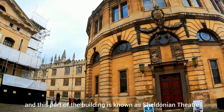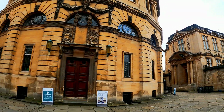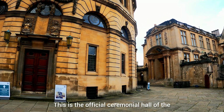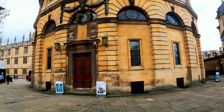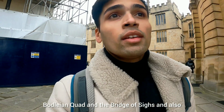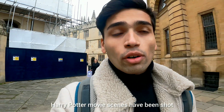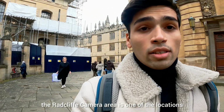And this part of the building is known as Sheldonian Theatre. It is the official ceremonial hall of the University of Oxford. So that was it: Radcliffe Camera, Bodleian Quad, and the Bridge of Sighs. Harry Potter movie scenes have also been shot across the city of Oxford, and the Bodleian Quad we saw, the Radcliffe Camera area, is one of the locations where the Harry Potter movie was